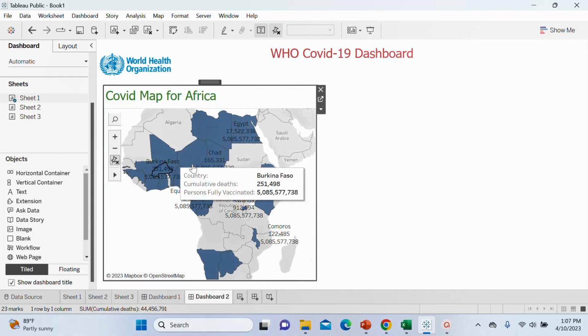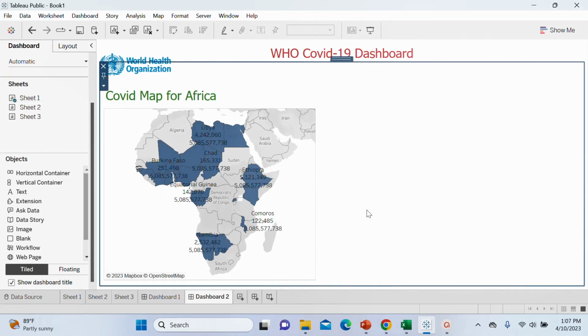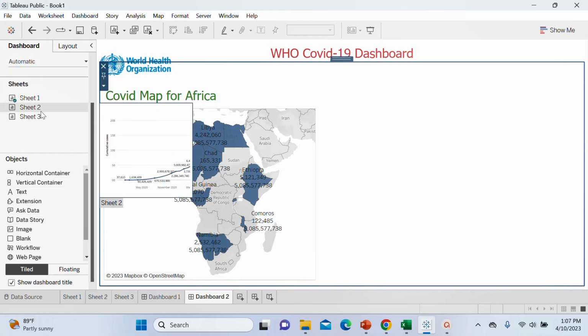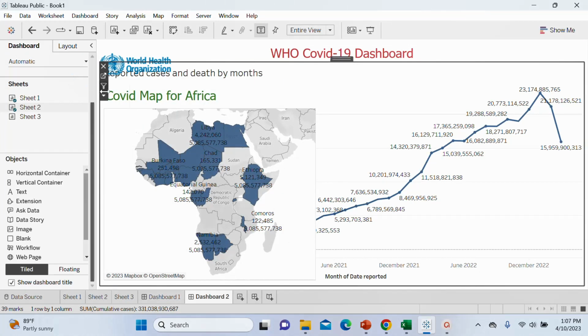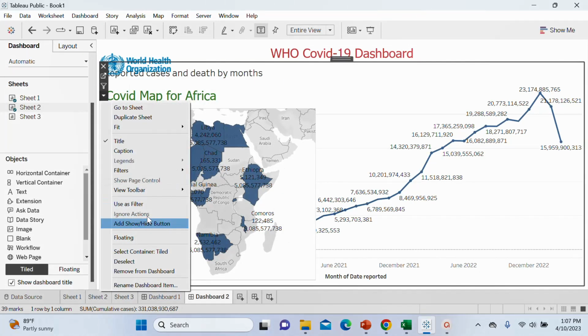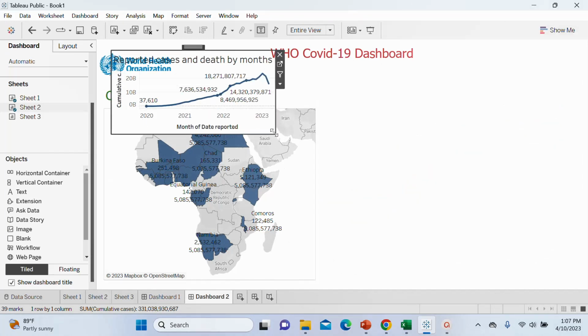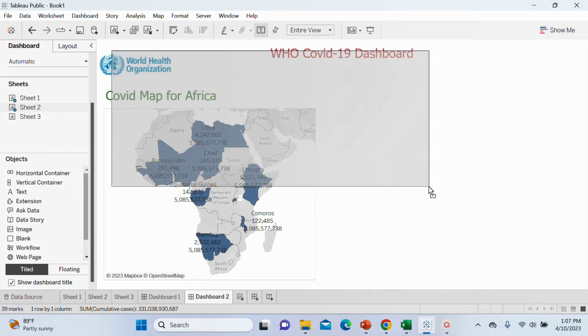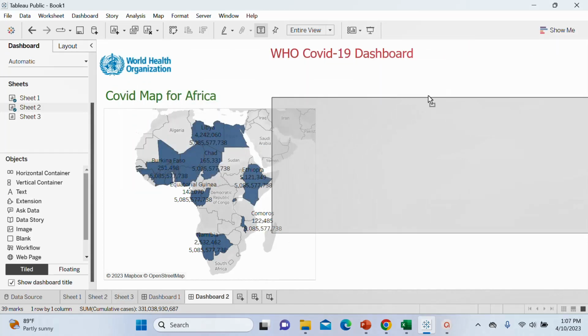So let's see, zoom out. Okay, so this is what I have. Then I can drag this to this place, make it floating, expand on it a bit, drag it to this point. Okay,